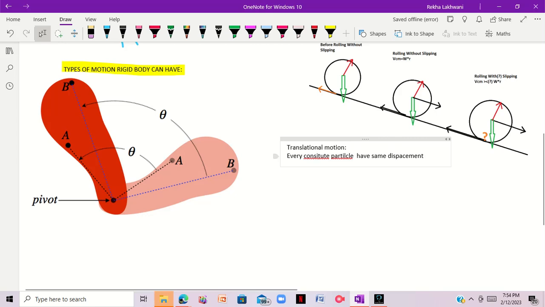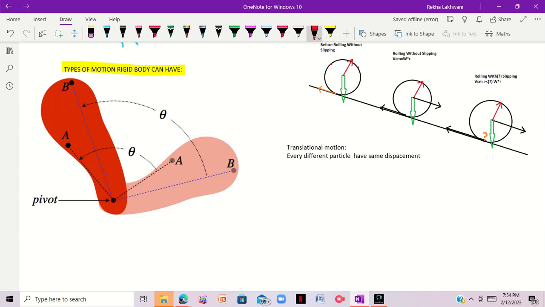Every constituent particle, or you can say every different particle, has the same displacement. For example, consider that in this diagram there's a point 1, point 2, point 3,